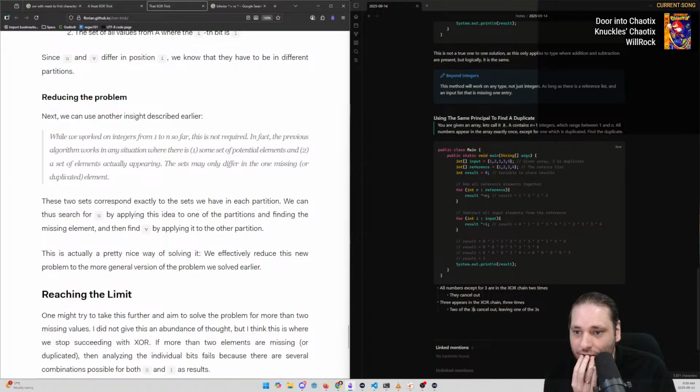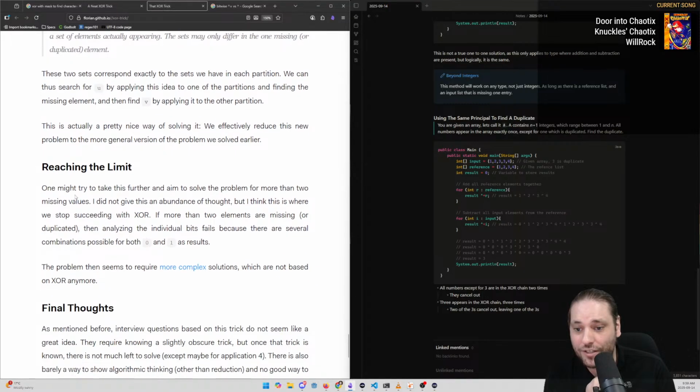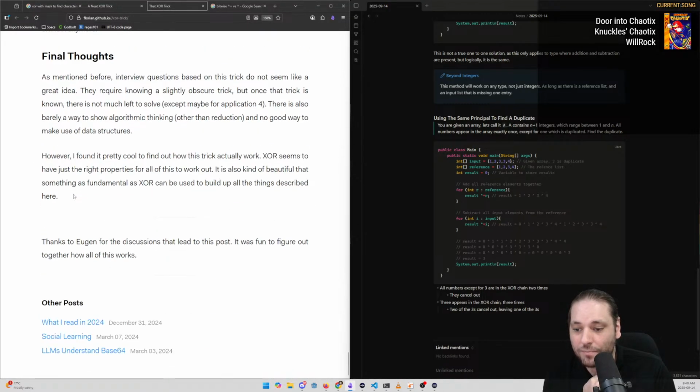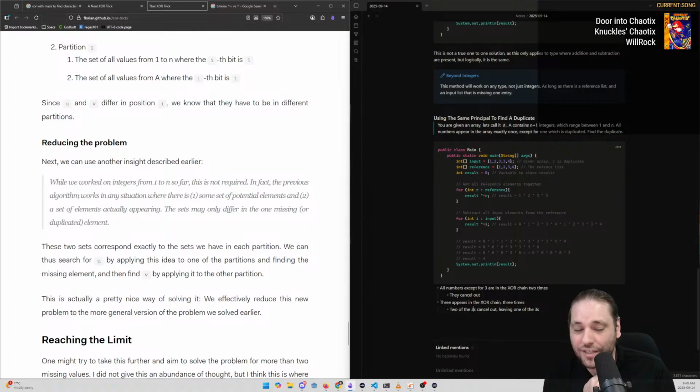Now we can use another insight we described earlier. While we worked on integers from 1 to n so far, it is not required. In fact, previous algorithms work in any situation where there is one set of potential elements and two exactly. These correspond to exactly the two sets we have in each partition. We can thus search for U by applying this idea to one partition and then find V by applying it to the other partition. I wish that they showed an example of that, but